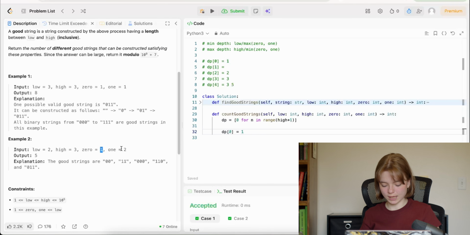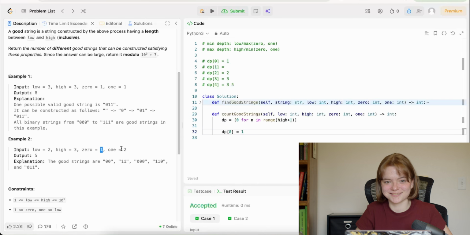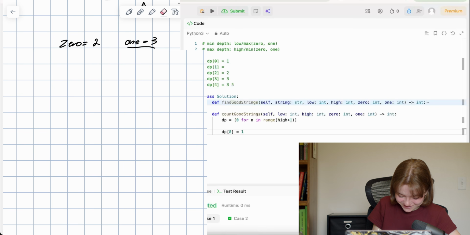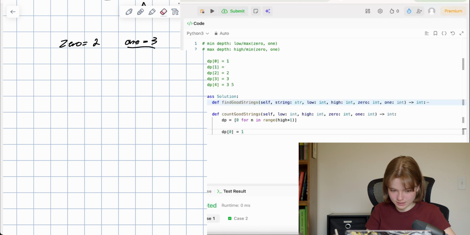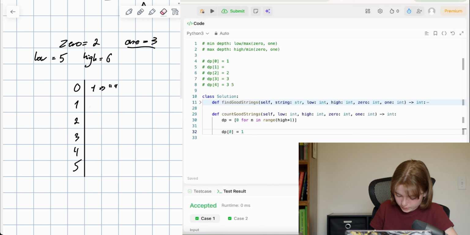However, what would happen if, let's say, 0 was 2 and 1 was 3? This is such confusing terminology, but if 0 was 2 and 1 was 3, and let's say our low was 5 and high was, I don't know, 6. In that case, for 0, again, we would have one way to do that.